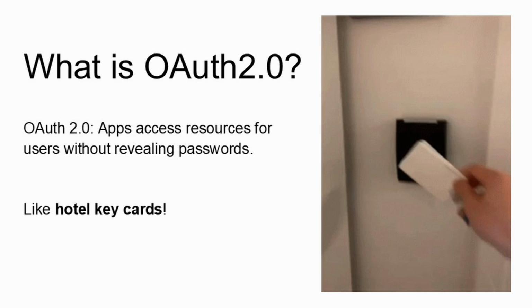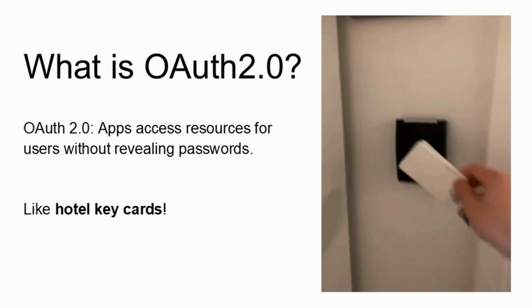The key card opens your room door, and if you have gym access and pool access included in your package, then it will also open the gym and pool doors. But if you do not have access to the VIP lounge, your key card will not work on the VIP lounge door. So OAuth is like the hotel key cards.